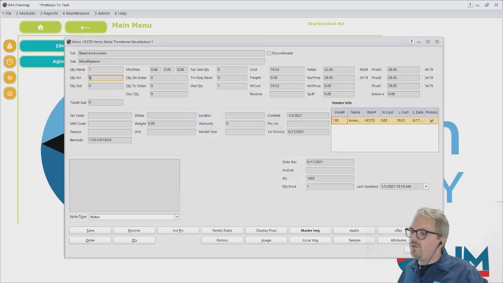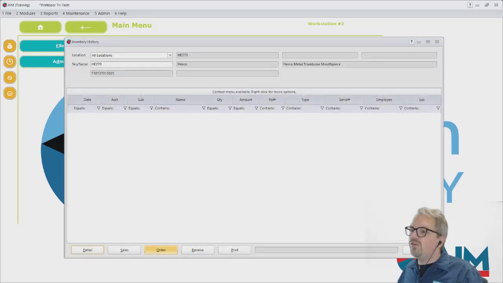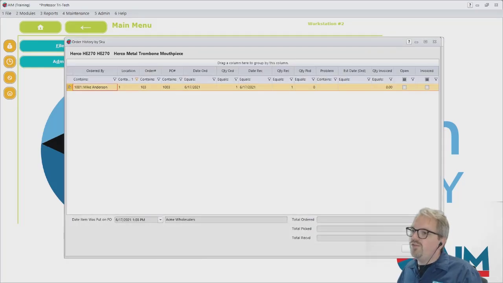And if you want further confirmation of that, you can always click the order button where you can see all of the order history. And in this case, we can see it was ordered for account Mike Anderson. Here's the order number that it was put on. Here's the purchase order that it was put onto to that vendor. There's the date that it was ordered, the quantity that it was ordered for, the date that it was received on the purchase order, and how many we received,